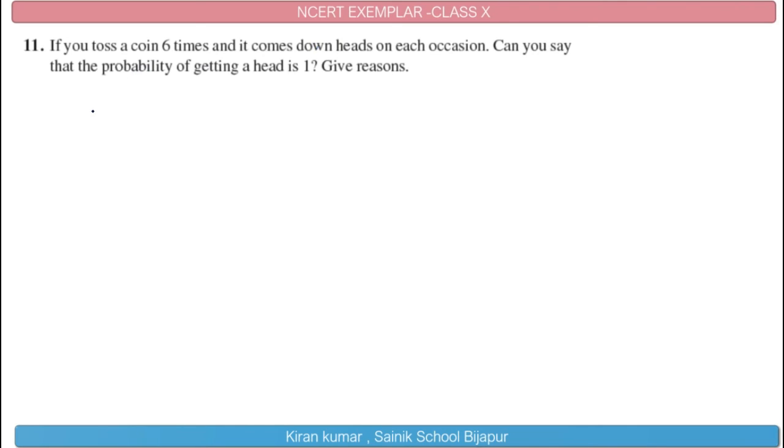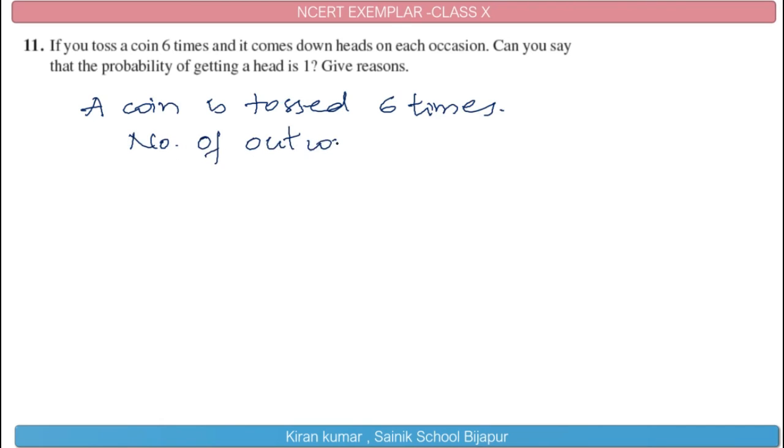Here a coin is tossed 6 times. So the number of outcomes will be 6. In total 6 events,